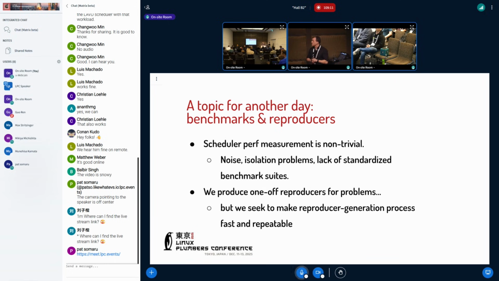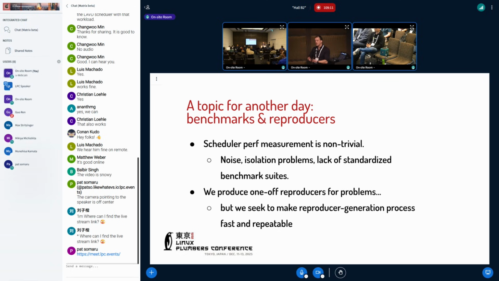4 different problems and 4 different solutions. One cross-cutting issue that we don't have time to talk about today, especially at the very end of the day, is that almost every talk we've talked about today implicitly depends, in the background, on being able to benchmark and measure schedulers, to trace their behavior, to reproduce problems when you see them. And that, for us deploying new schedulers in production, has been a big part of the story: